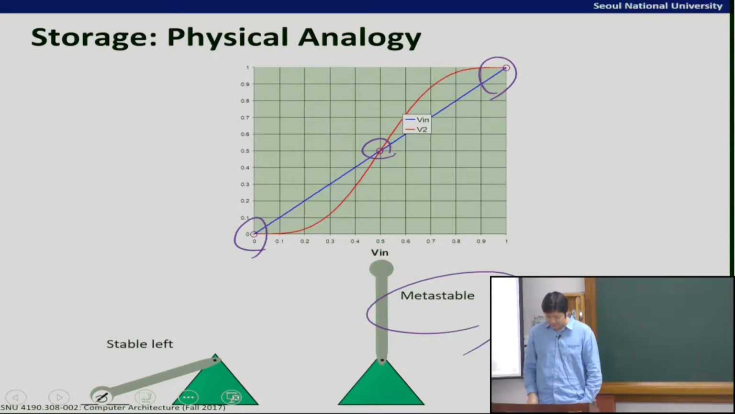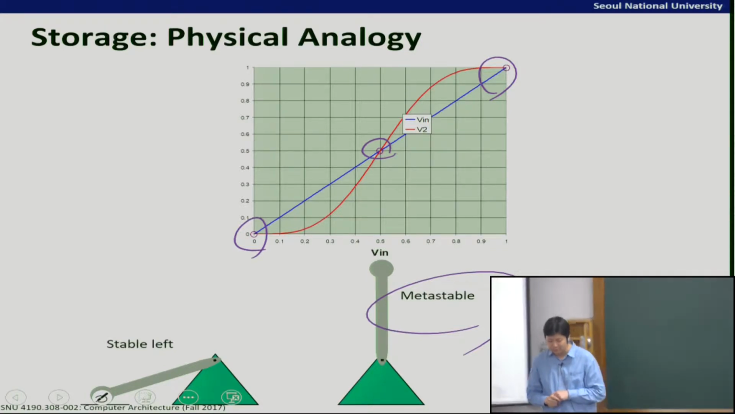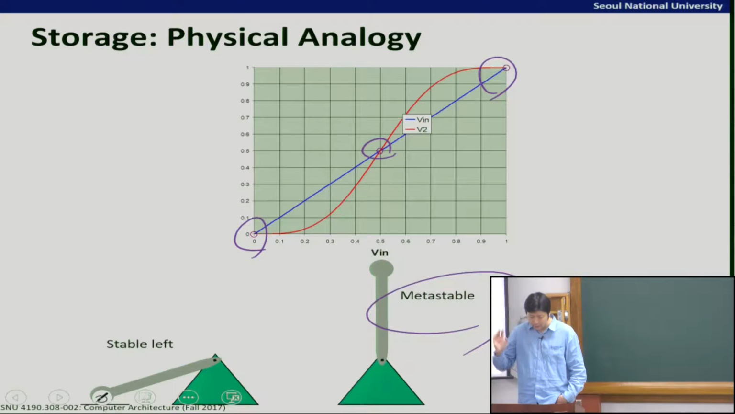But that's not really physically... the probability of this metastable state is very, very low. So it's practically not feasible, like a voltage level. So anyway, the important thing is,